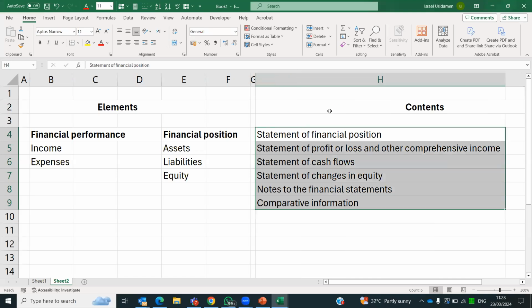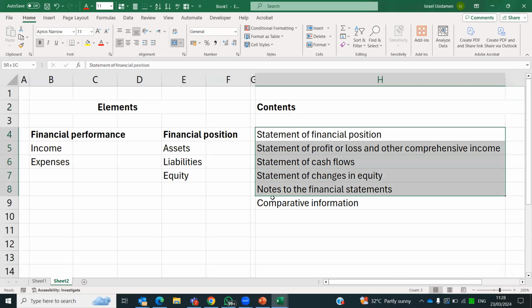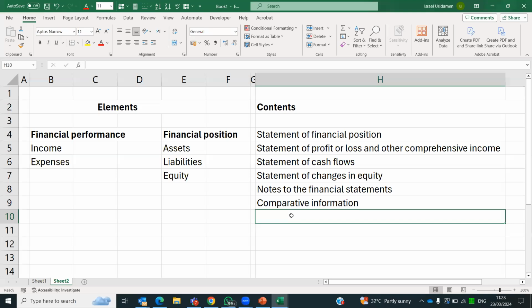In each country, you have what they call company law or laws that guide financial reports. In Nigeria, the major law is CAMA, the Company and Allied Matters Act. So each country may now have a prescription of what to add to this IFRS compliant content or statements. They will now have what they refer to as other national disclosures,